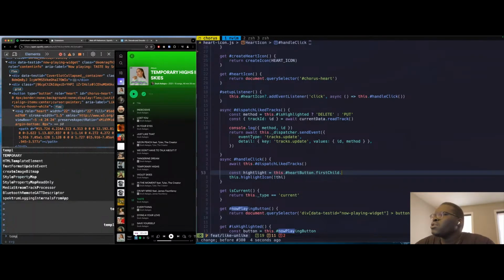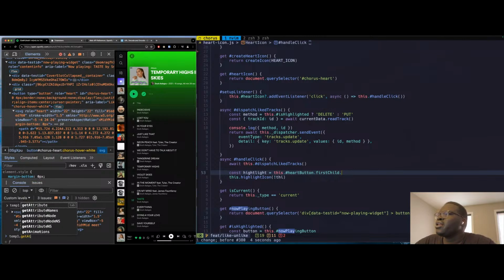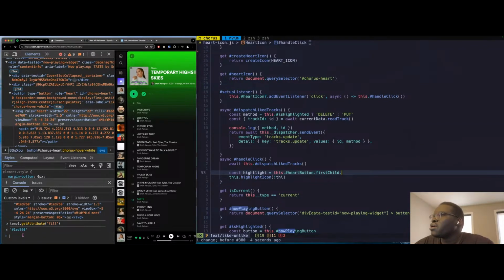So it'll be temp1 dot getAttribute fill. First child dot getAttribute fill, and if it equals to